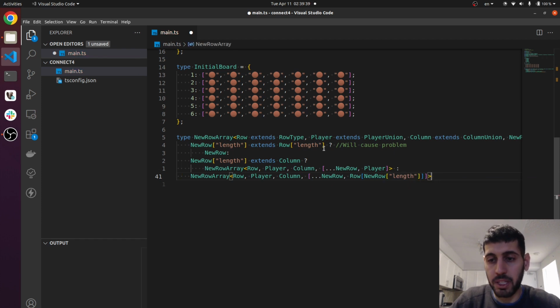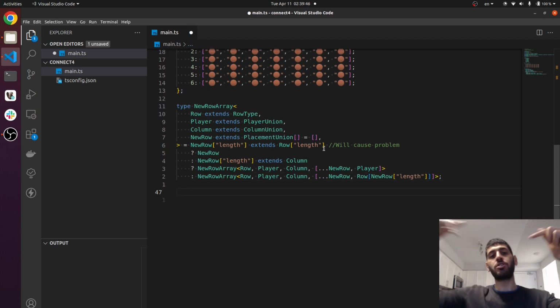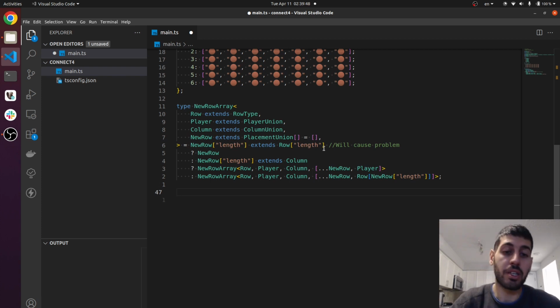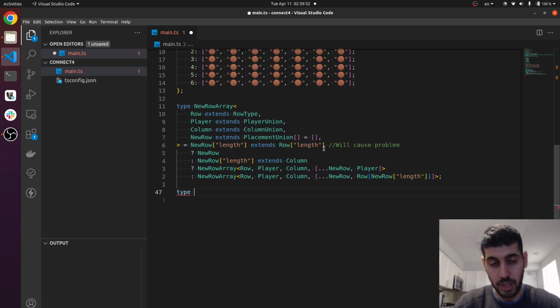So that might seem a bit confusing, but this is the simplest way to solve for changing something within the array, or this is the simple way that I found. So I'll give you an example. So type